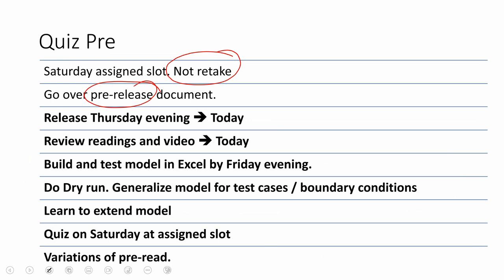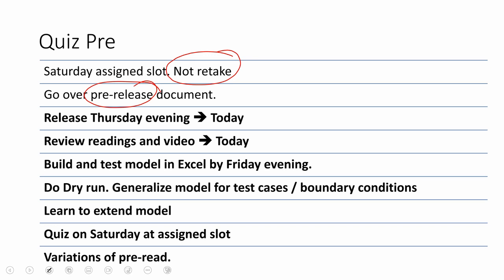And I think from your perspective, what is important is to understand how does that model work. आज की class है that talks and walks through the process, the sequencing of building that model on paper or by hand. The Excel pre-release that you have shows you how to do it within Excel on an automated basis. तो वो मॉडल बना लें, उसकी ड्राई रन कर लें. उसमें अगर आपके पास टेस्ट केसेस हैं that are there in the pre-release, उस पर टेस्ट कर लें. जो टेस्ट केसेस प्री रिलीज के अंदर दिए हुए वो नहीं आएंगे, उसकी वेरिएशंस आएंगी. So it is important that once you build the model you are able to extend it and generalize it. ये बहुत इंपॉर्टेंट चीज है कि सिर्फ मॉडल बनाना जरूरी नहीं है. तो एक दो दफा छेड़ के देख लें, चला के देख लें.